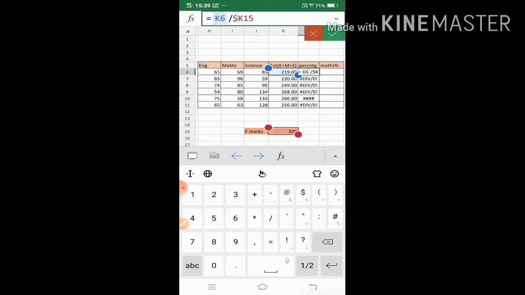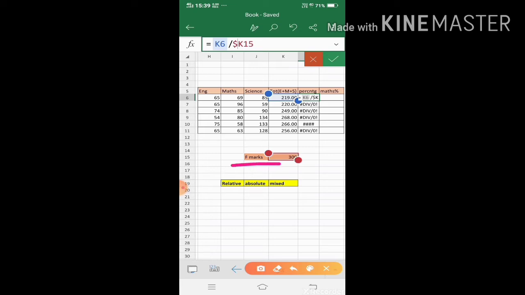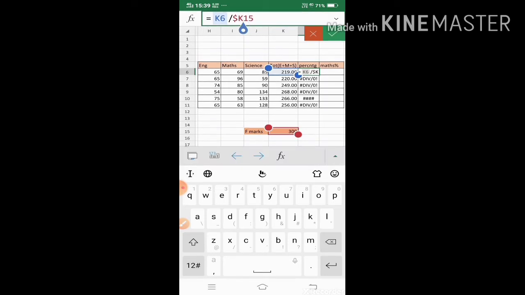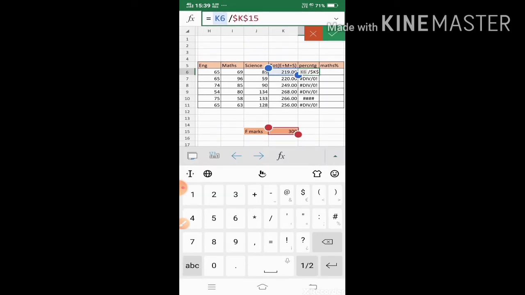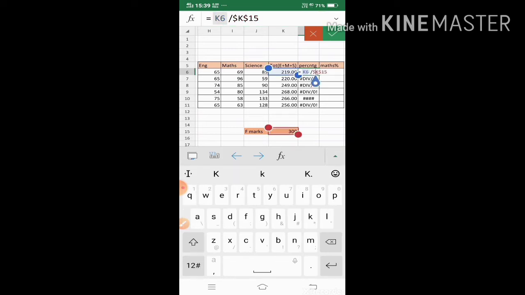So before the column I have to give the dollar sign, and 15 is the row number. See the 300, the row number is 15 and the column is K. OK, so what we have to do here: before K, the column, we have to put the dollar sign, and 15 is the row, before it also we have to give the dollar sign. OK, so the value has become fixed. Now I have to enter it and then drag it down.